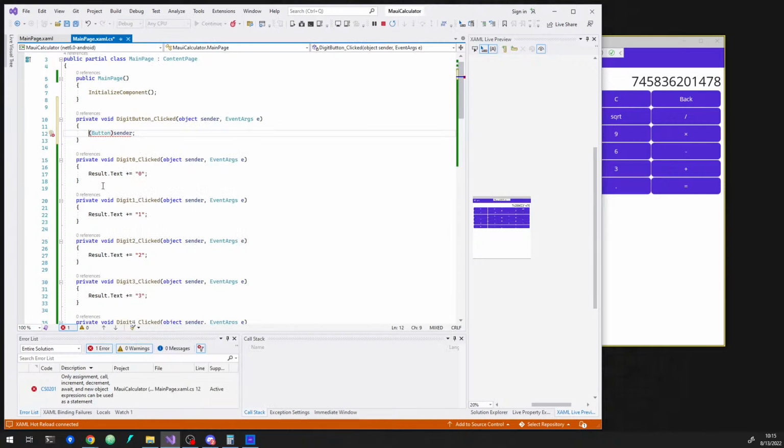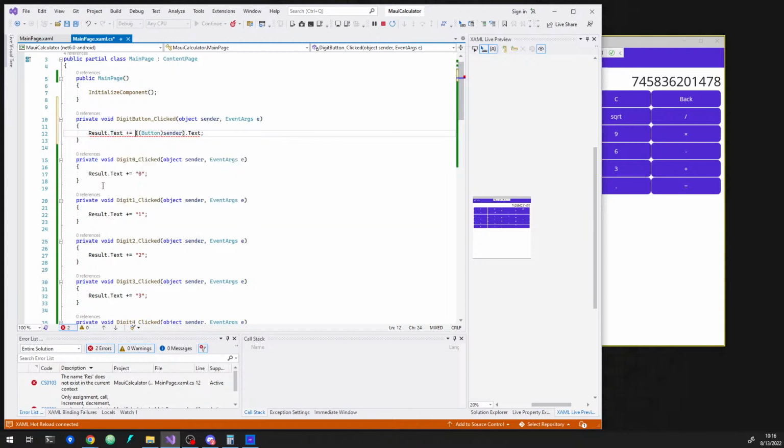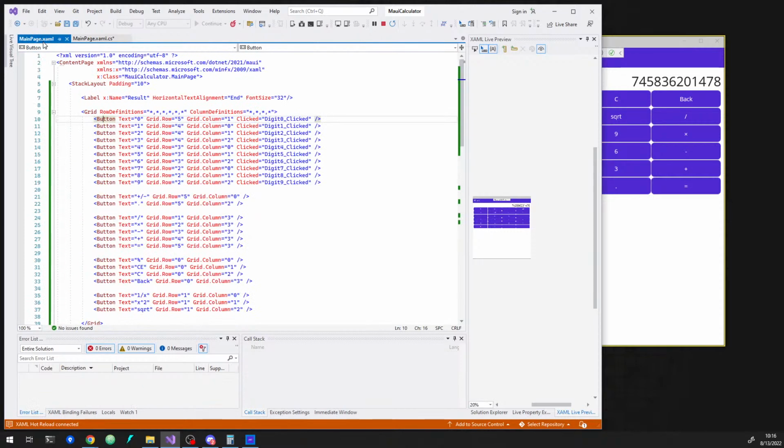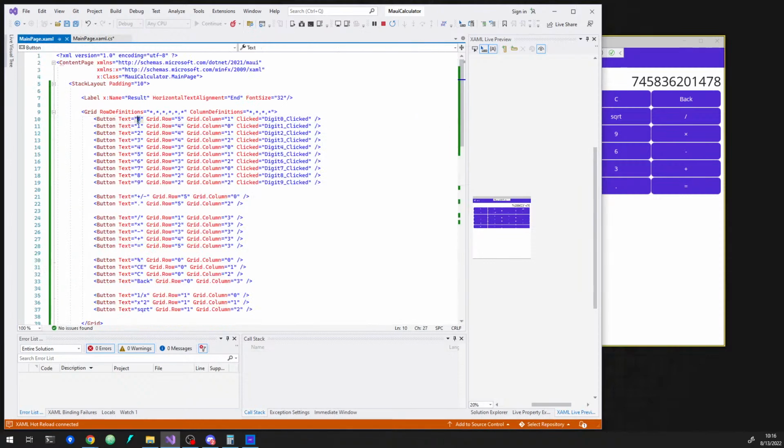But we cast it to a button, and we force that to happen first by using parentheses, and get its text. So we're hacking this. Now if we do result.text, sometimes my keyboard, I need to get a new keyboard. All right, so we cast it to a button so that we can use its text property, and then we take that and append that to this. So now, since this text is 0,